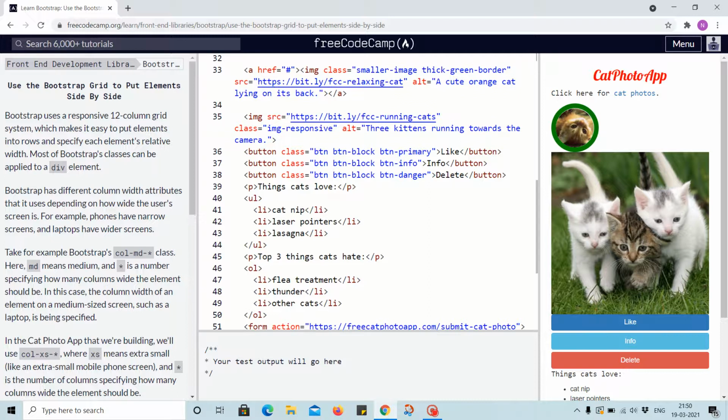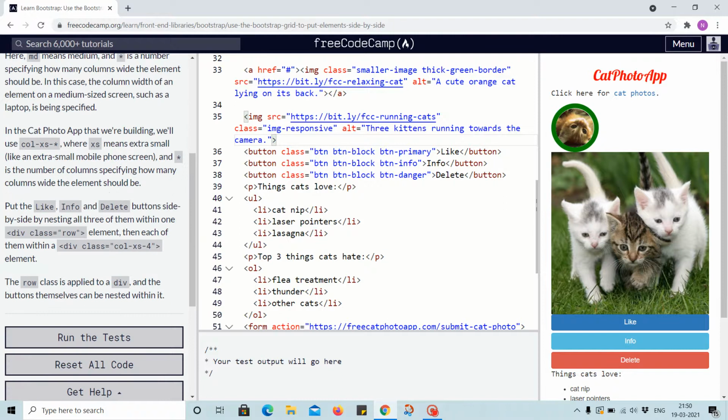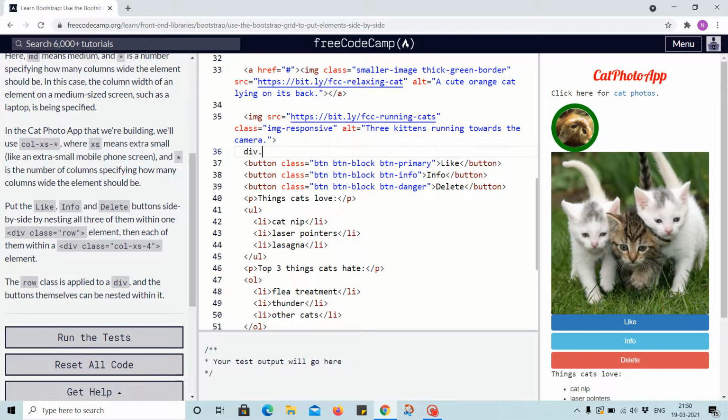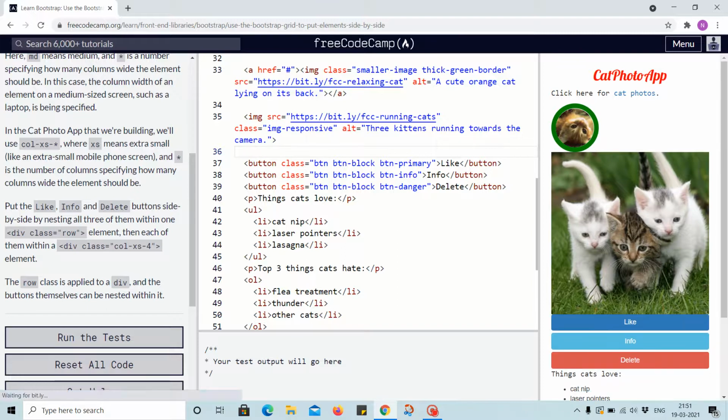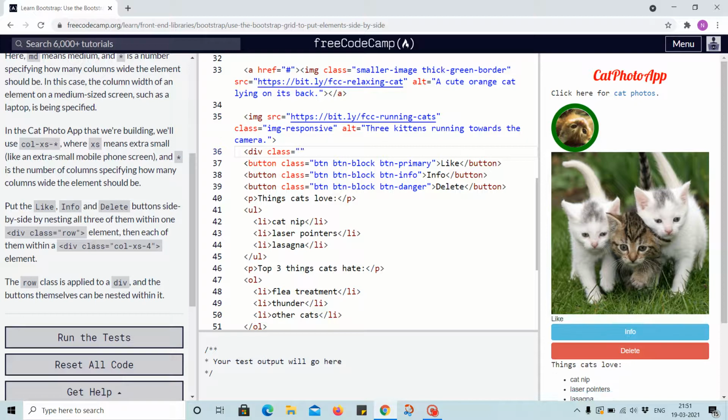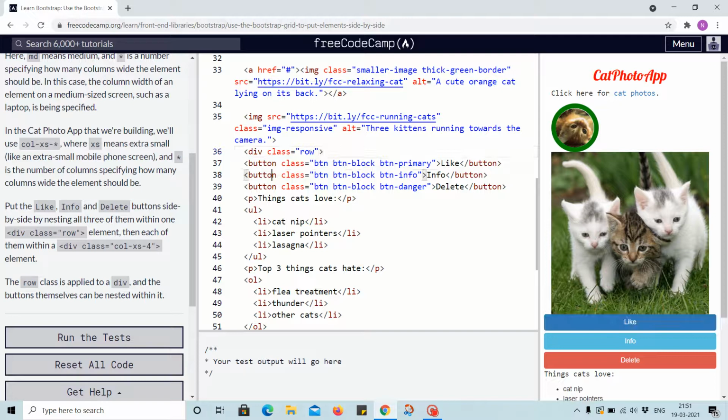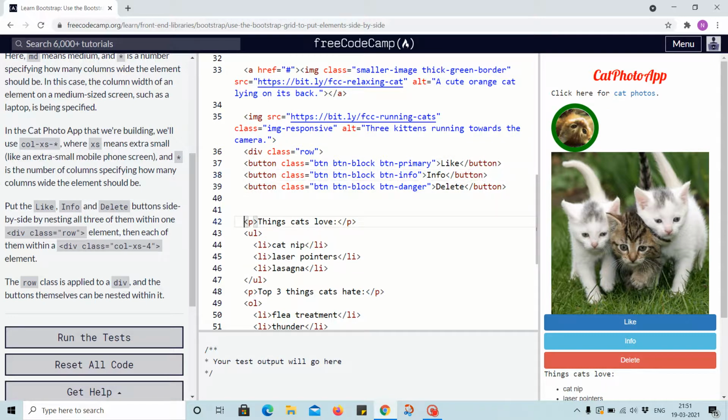We have buttons which can be wrapped inside a row. So div class equal to row, and afterward we will close it here, div,